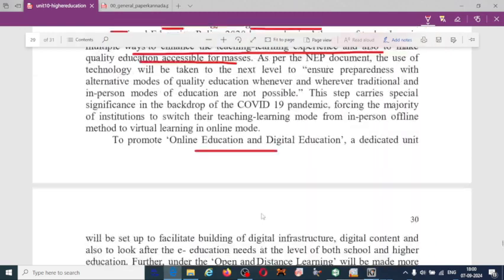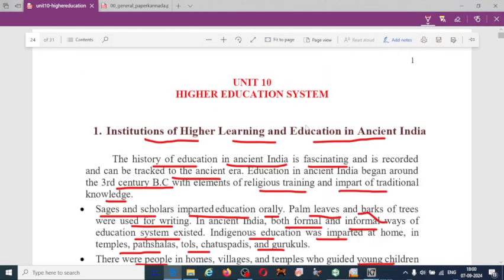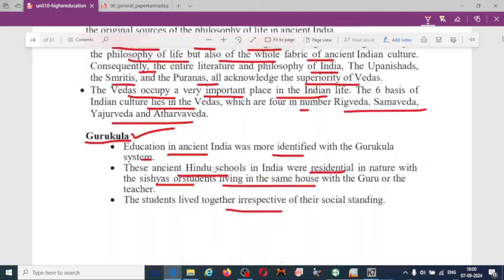So, this is all about the higher education system in India. First, we have discussed higher education in ancient India and then the revolution,